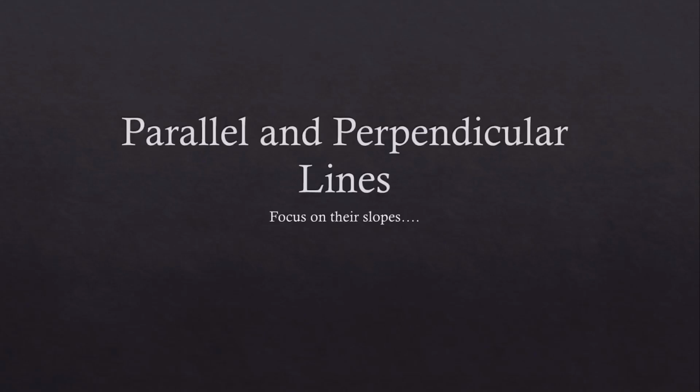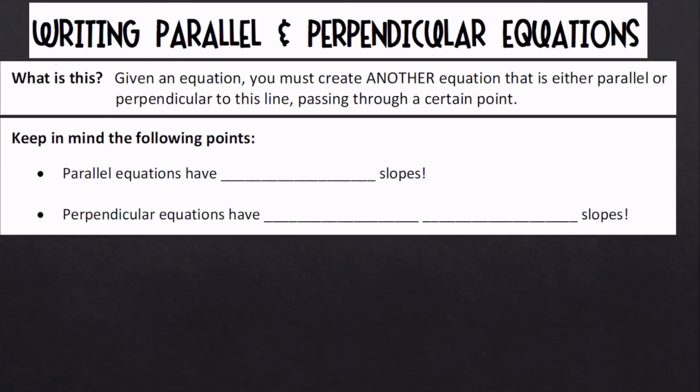Okay, ladies and gentlemen, this is kind of a vocabulary method in that you need to study. You've learned how to write the equation of a line given 2 points or given a slope and a point. So now we need to write equations of parallel and perpendicular lines. What happens is we're going to be given an equation. We're then going to create an additional one for a different line. The equation we're going to create is a different line, and this line is either going to be parallel or perpendicular to the line they give us at a certain